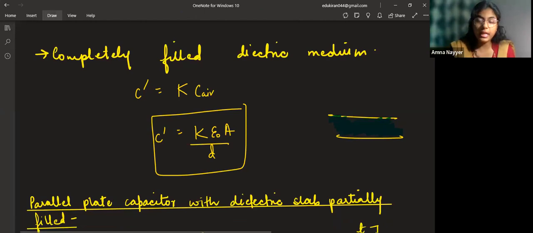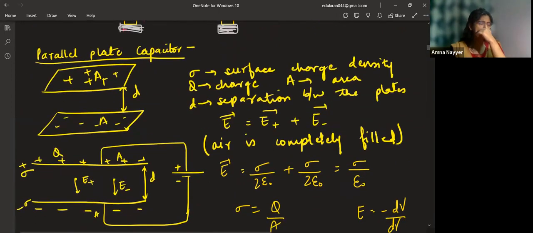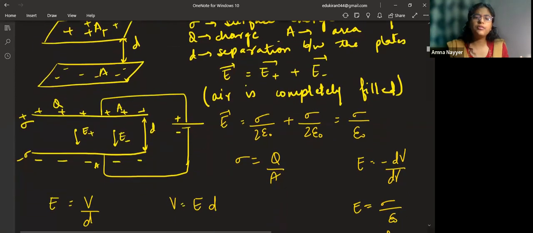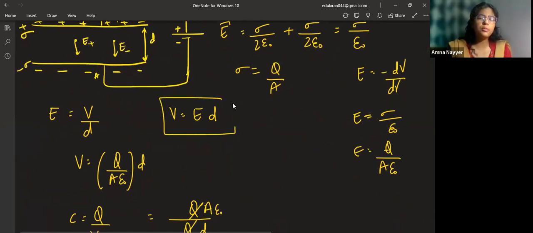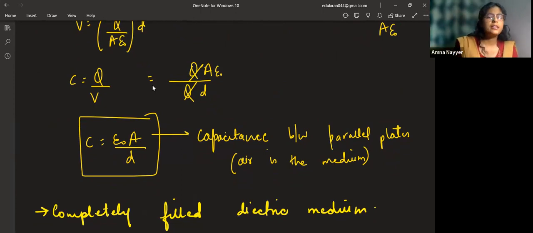Now class, I am just summing it up. Please listen carefully. This is actually very easy, the steps are just the same. We'll see different cases, but the steps will be exactly the same. What do you do first? Take the parallel plates, find the electric field, whether it's getting added or subtracted. Then use the formula V is equal to E D, and put in the values of electric field and D. Once you have the potential, take the ratio of charge and potential to get the value of capacitance. This is just a step.